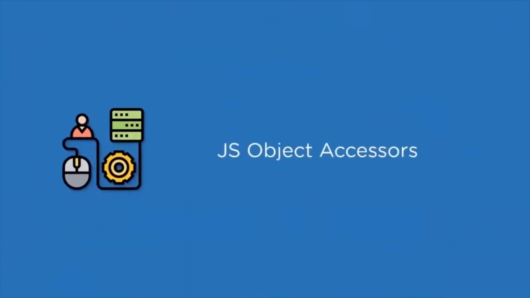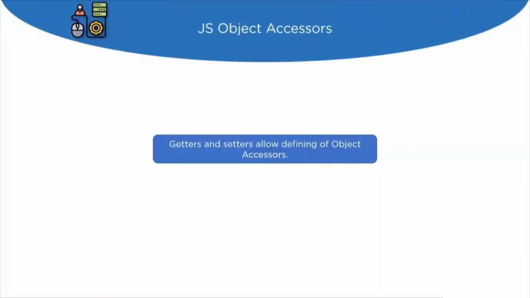So now let's move on to the next concept, that is JavaScript object accessors. Now getters and setters allow defining an object accessor. Alright, to get the value of a property in a JavaScript object, we use a getter, and to set the value of a property of a JavaScript object, we use a setter. So let's go back to our demo,